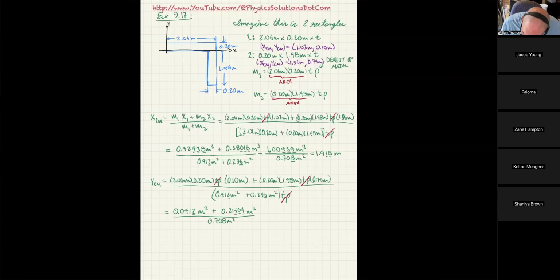And then the denominator we know is 0.708 square meters, but that was really 0.41 to two decimal places was significant, and 0.29 to two decimal places was significant, so I can underline that. Now I'm just going to add these top quantities, 0.041 plus 0.21904 equals